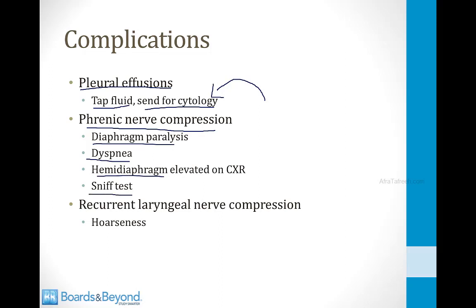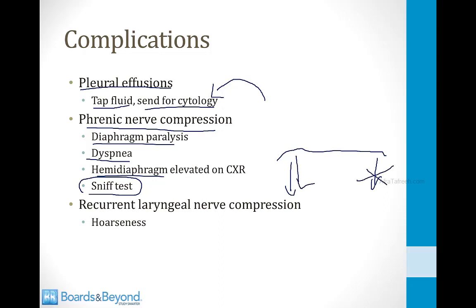You also can sometimes do something called the sniff test. So this is when you put the patient under the fluoroscope and you look at their diaphragm. When they sniff, the diaphragm should go down towards the abdomen on both sides. If the patient has phrenic nerve damage on one side, say on this side right here, what will happen is